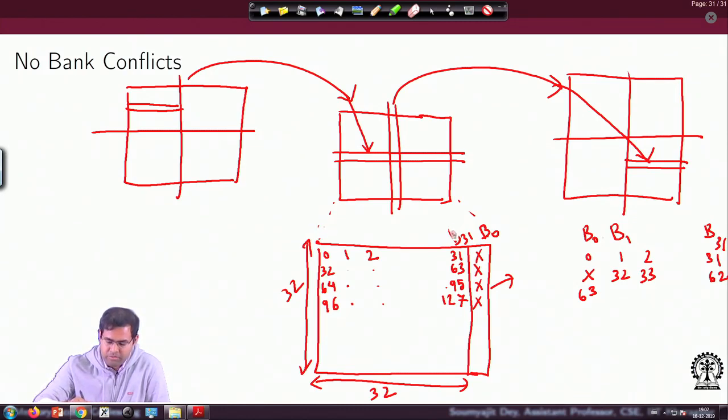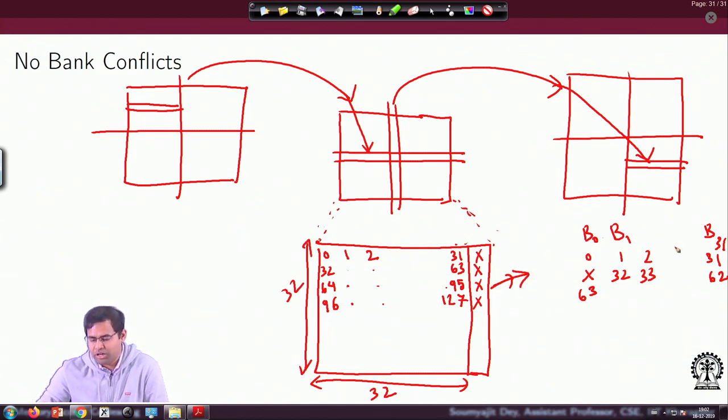I am removing this. It was initially drawn just to understand the banks, but since I have a physical picture, just to avoid the confusion, we remove this. This is the enlarged view of the tile, and this is the corresponding mapping in terms of the actual shared memory banks. So, the 63rd data point is in bank 0. After that, we have this don't care. So, then the 64th data point is in bank 2. Now, if I continue like this, this is in B2.